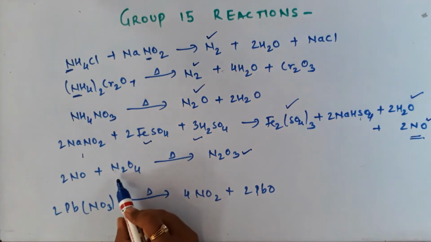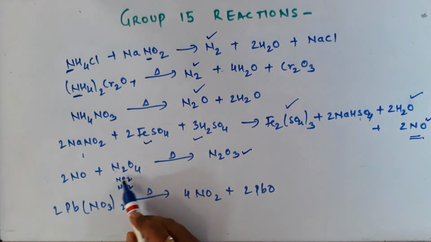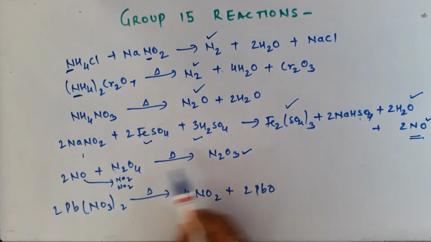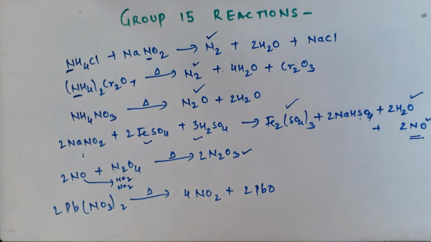Okay. Now a little bit of logic you have to again apply. So N2O4 means what? 2 times NO2. N2O4 means NO2, and one of the NO will react with NO2 to give you N2O3. How many times are you getting this? 2 times you are getting this. Okay. Lead nitrate, any salt of nitrate, if you heat it, you are going to get nitrogen dioxide, and the remaining will come out as an oxide of the metal. Like zinc nitrate also, if you take, you will get ZnO plus NO2.